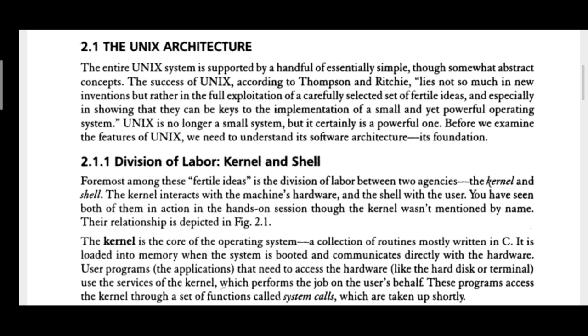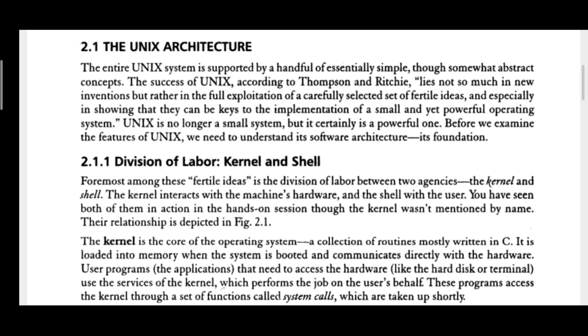Foremost among these fertile ideas is the division of labor between two agencies, called the kernel and shell. The kernel interacts with the machine hardware and the shell with the user. Very simple thing. A kernel is the core of the operating system. It belongs to the category of system software, where it interacts with the hardware configuration and hardware parts of the underlying machine.